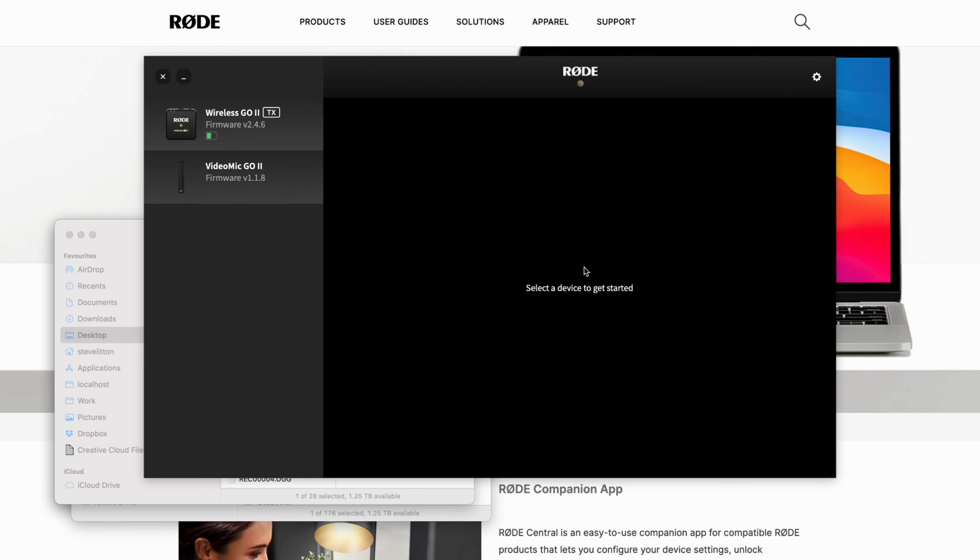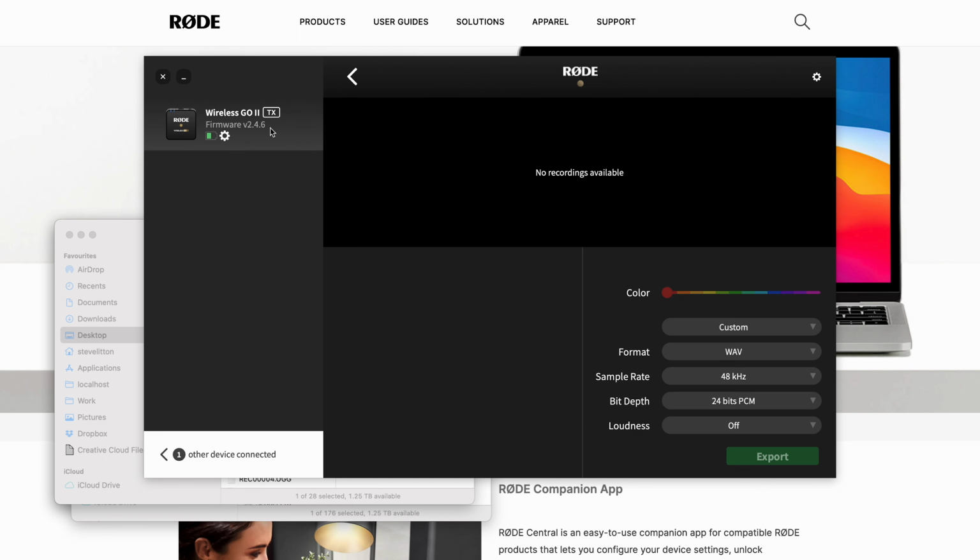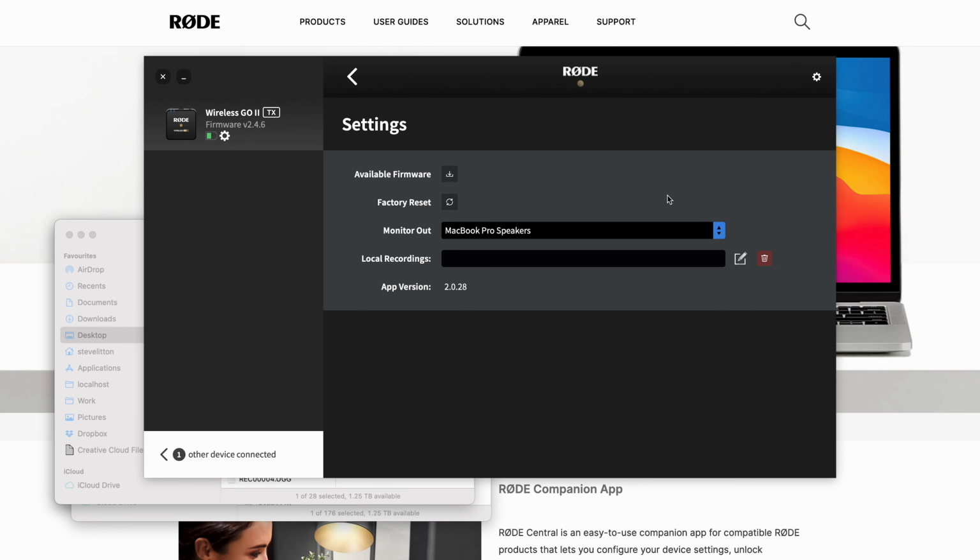Okay, and we'll actually just quickly go through how you can get those recordings back onto the device if you want to. I mean, for me, I'm not worried about doing this. It's not something I'm particularly worried about, but you've got these backed up. Like I say, if you do need them, you can come back in. The best way to do this: when you offload them, they will just end up on your desktop as a file. You can come into the settings up in the cog here, go to local recordings, and